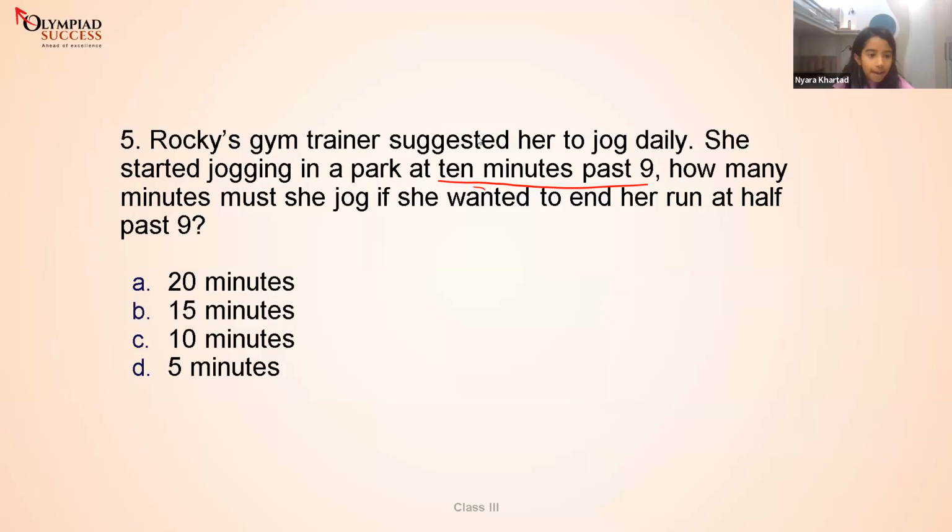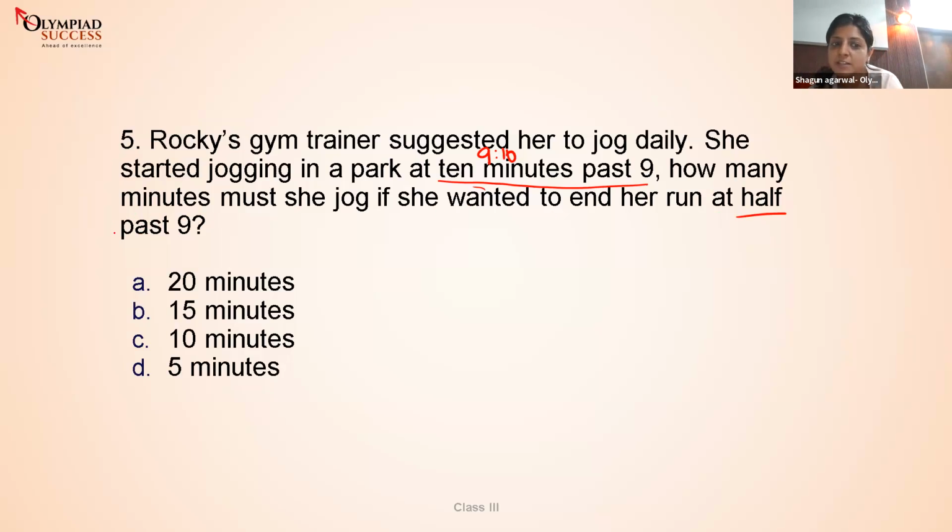Yes, ma'am. 10 minutes past 9 is 9:10. Correct. So when you say past, that means 10 minutes have already gone by after 9, right? So 9:10. And she wanted to end her run at 9:30.